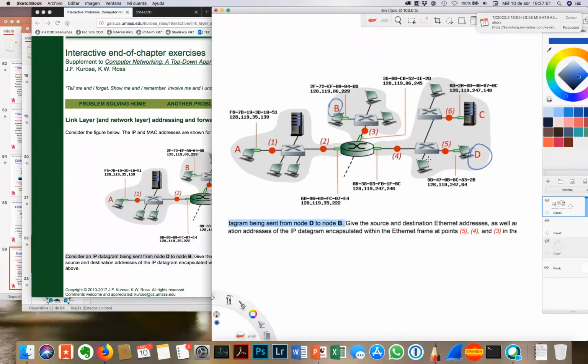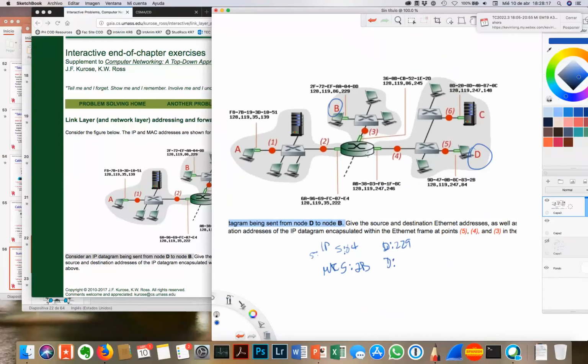So at point 5, I'm going to see source IP ending in 84, destination IP ending in B's, which is 229, and that's IP. For MAC, the source address is going to end in 2B,